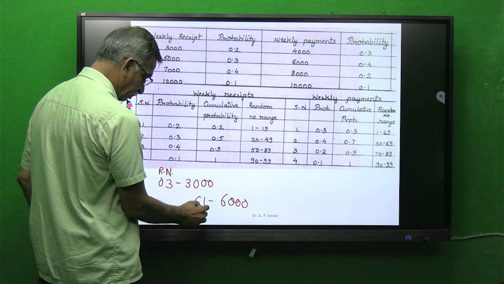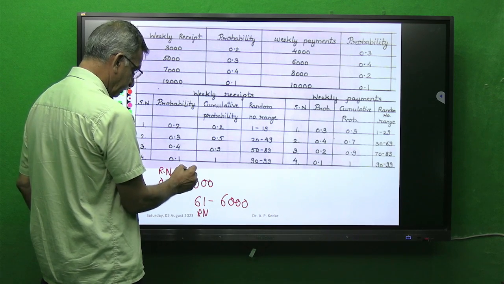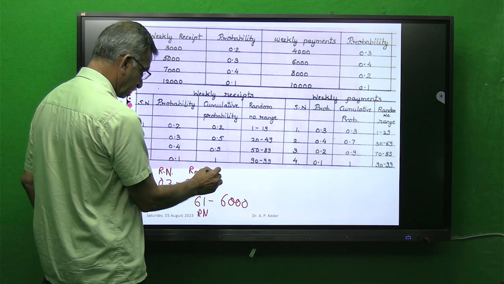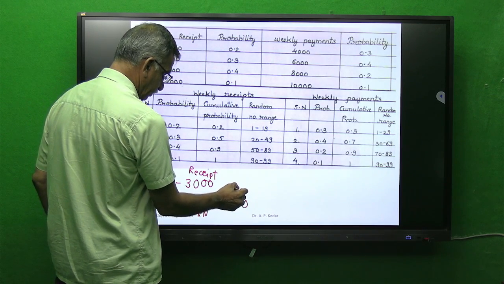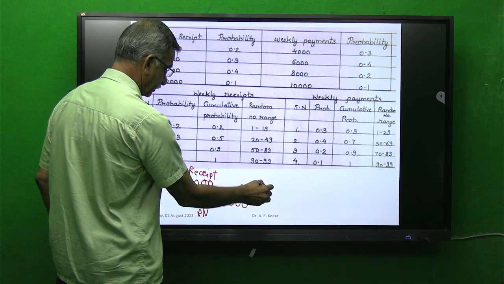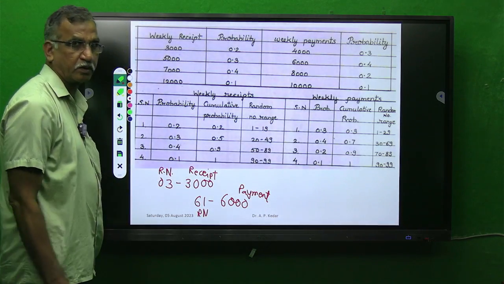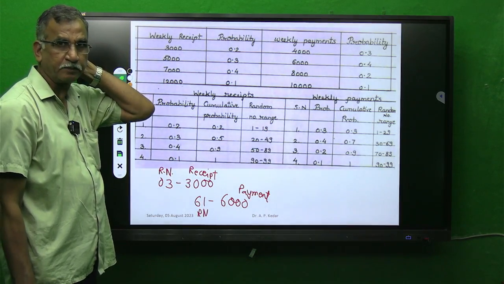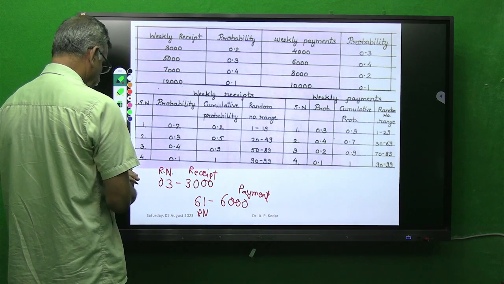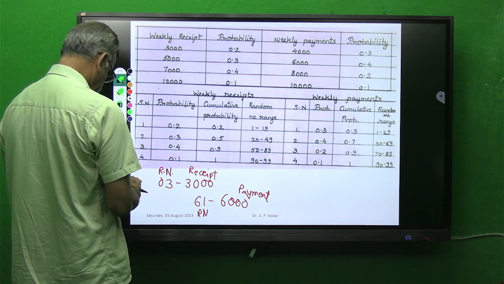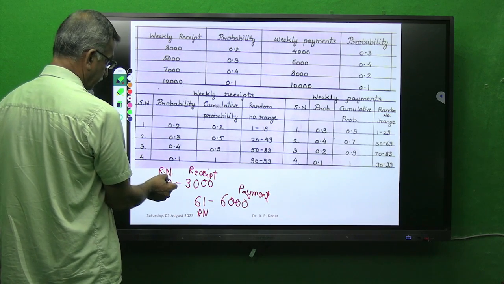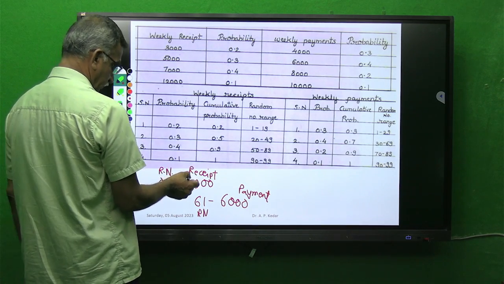Similarly this is also a random number, and this is the receipt value, and if you recall, this is the payment value from the previous slide which we have just seen. Now what is important, we want to check how we got the value 3,000. See here, random number 3. Now for receipt,